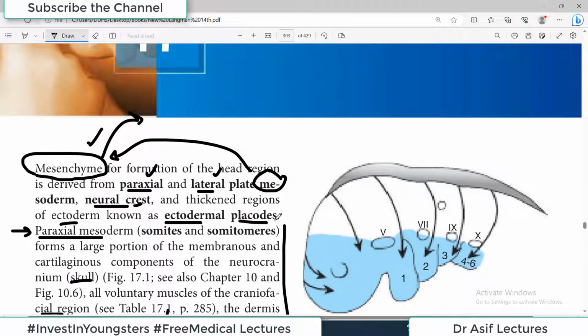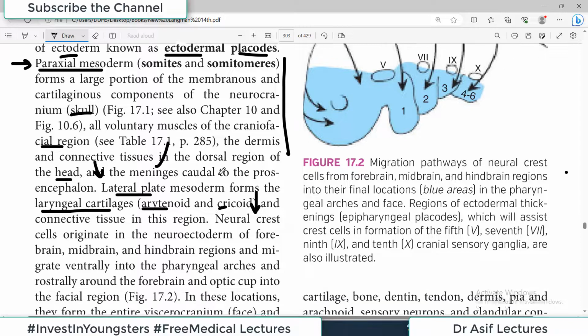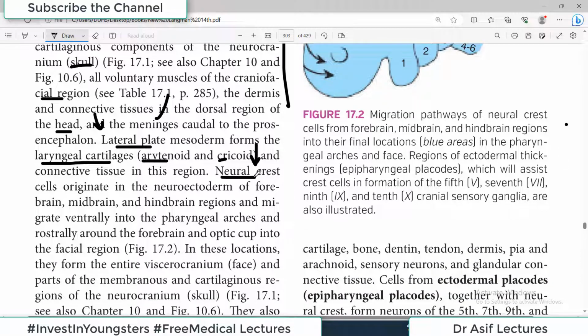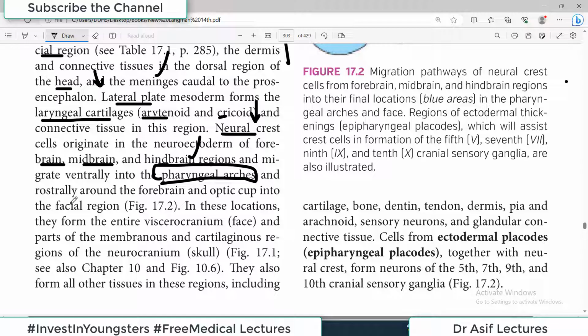देखें ये contributors पहले यहाँ इन्होंने बता दिए कि there is number 1 paraxial mesoderm, number 2 lateral plate mesoderm, number 3 neural crest. So we discussed कि paraxial से क्या क्या बनता है, lateral plate से क्या क्या बनता है, अब neural crest से क्या क्या बनता है. Neural crest cells originate in the neuroectoderm of the forebrain, midbrain and hindbrain regions and migrate ventrally into the pharyngeal arches. ये अभी थोड़ी देर में बताऊंगा what are pharyngeal arches, and rostrally around the forebrain and optic cup into the